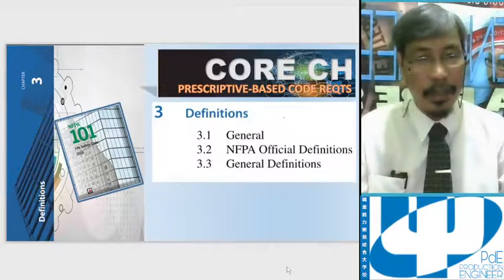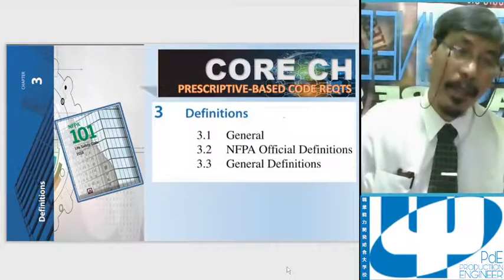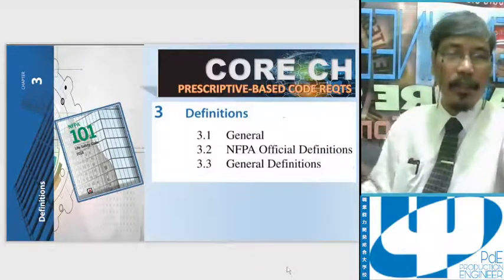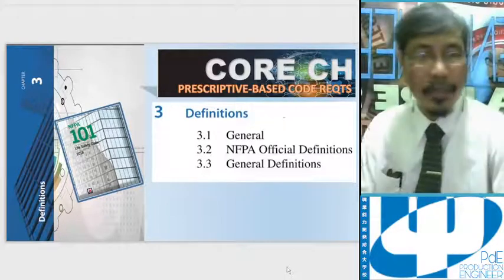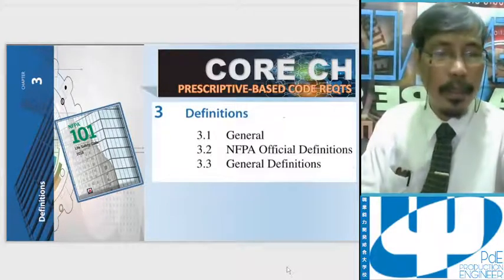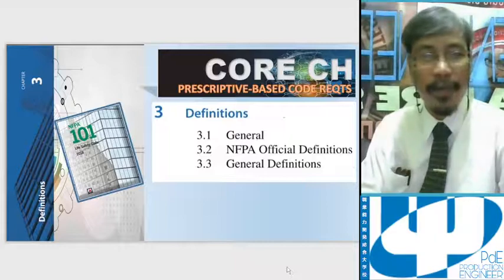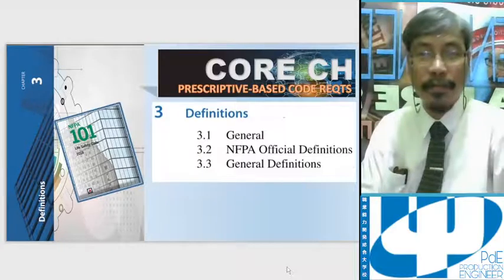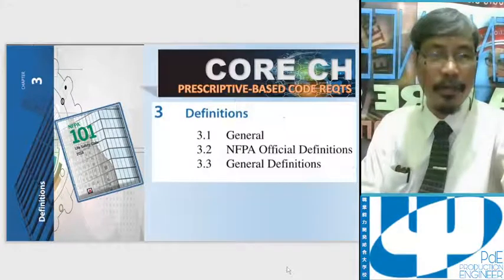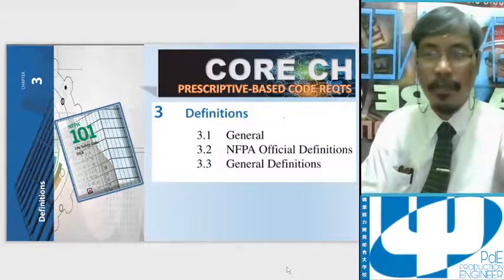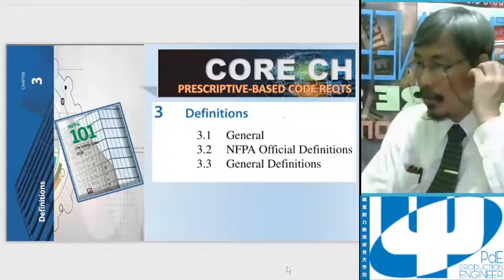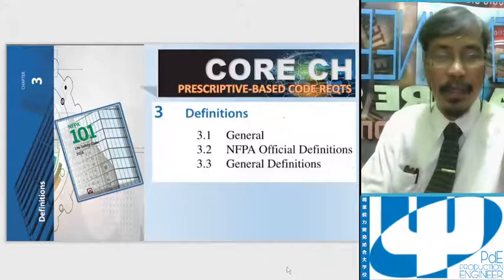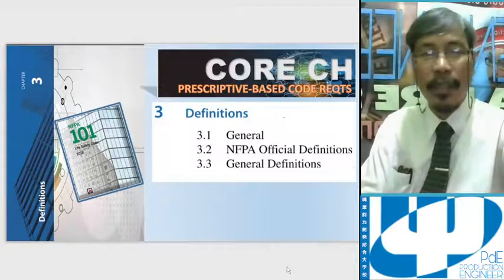General is a general. General definition is general but specific. No? Okay? The general in 3.3 is an adjective. Okay? The general in 3.1 is a noun. So 3.3 it is an adjective. It describes definition. So meaning the definitions are specific, but it is general in a sense that it is